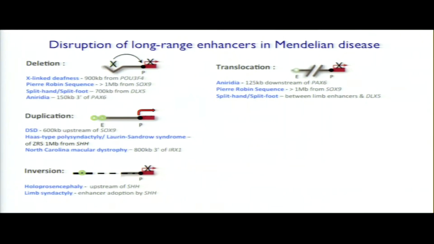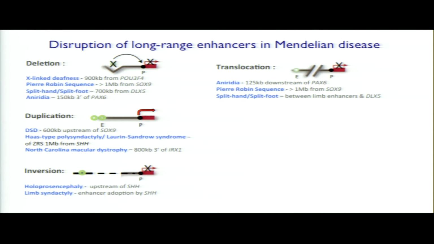So these elements can work at great distance, but they are distance limited. So a chromosomal inversion that takes the enhancer and sends it further away down the chromosome also breaks the communication between a gene and its enhancer. And these enhancers work at great genomic distance, but only in cis, not in trans, so that a translocation that moves the enhancer onto a different chromosome from the gene it's supposed to control also disrupts function. So here's another example from Pierre-Robin sequence where the enhancer has not been deleted, it's been translocated onto a different